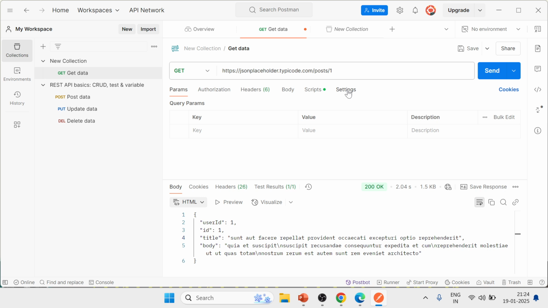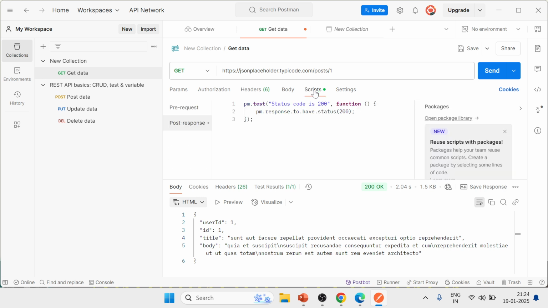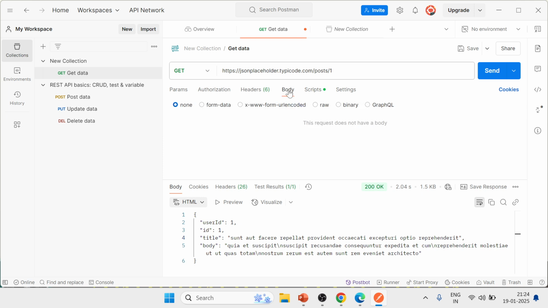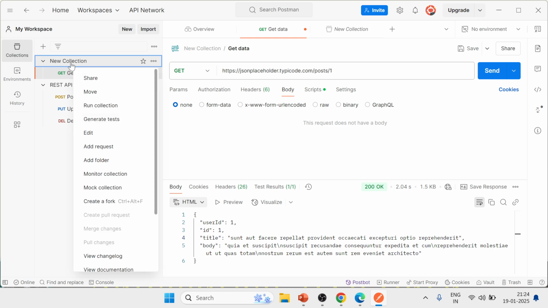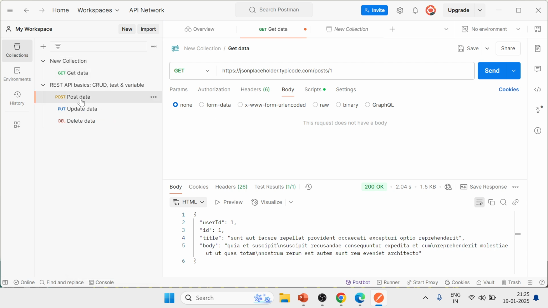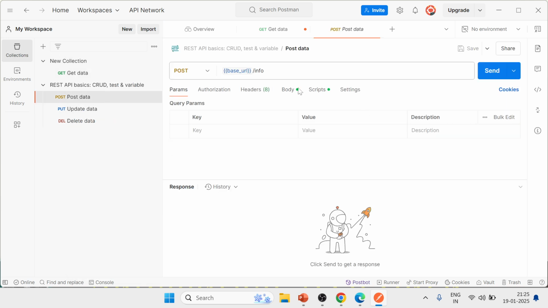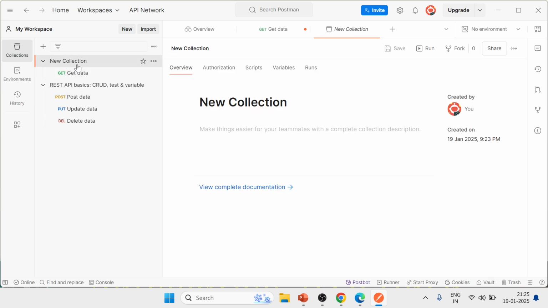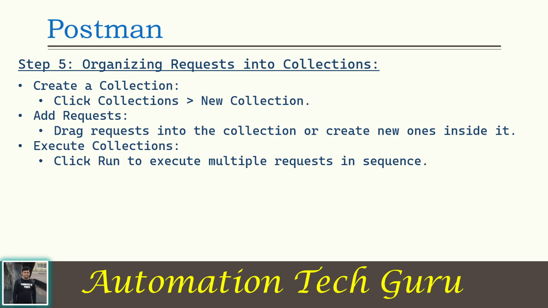This was the settings, the script. Yeah, this is the script, right? It is already added by default. And if you right click on the collection, it shows here also, right? Next is